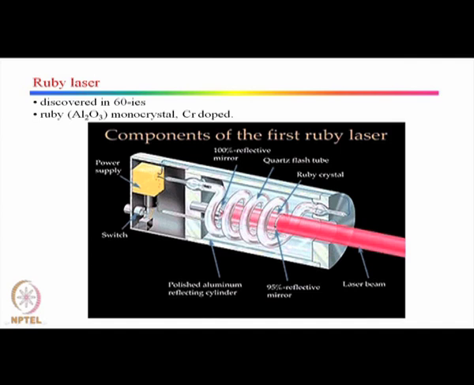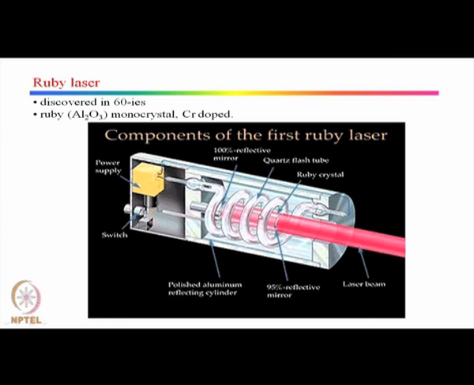Okay. And this one is a 100% reflective mirror, and the other side is a partially reflective mirror. I mean this side is the partially reflective mirror, and the ruby lasing beam is here. Okay. It was discovered in the 60s, and the power supply is the source of energy that is